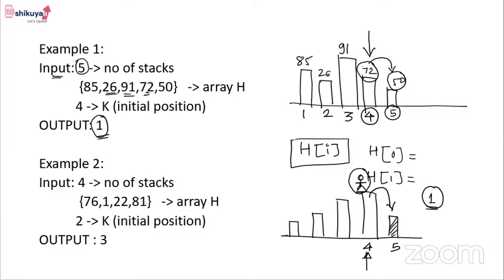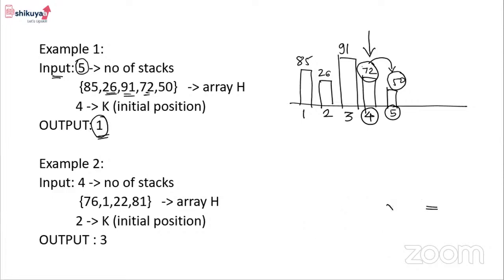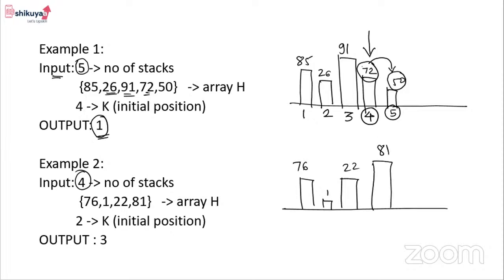In example 2, the inputs: we have given input as 4. That means there will be 4 stacks. The height of the first stack is 76, the next stack is 1, then the third stack height is 22, and then 81. Okay, these are the heights. Then 2, that is, Bob is standing on stack number 2. So here Bob is standing,